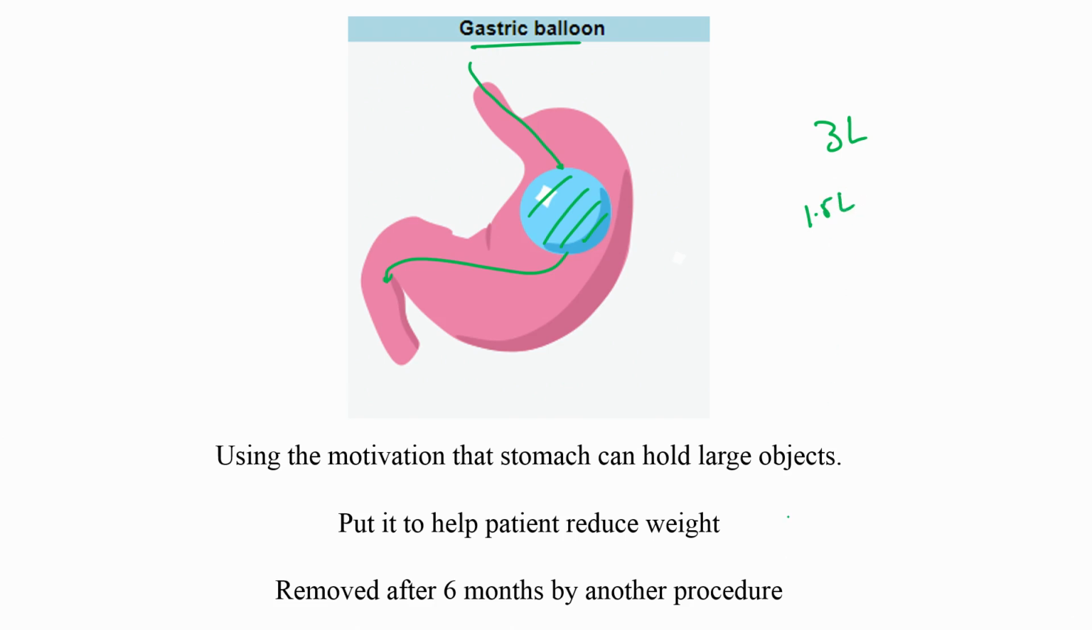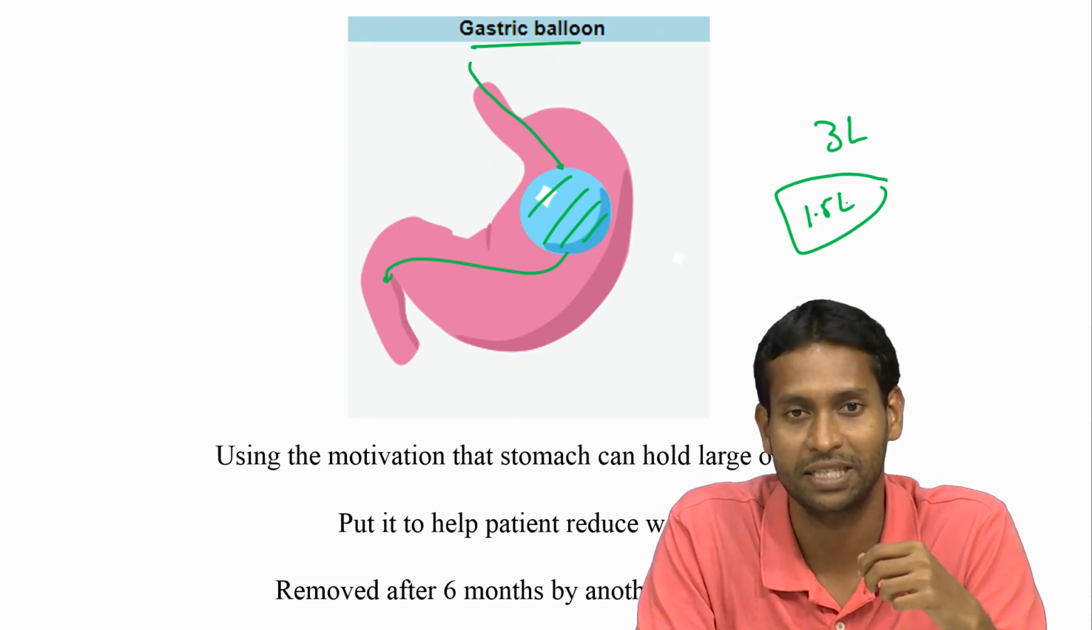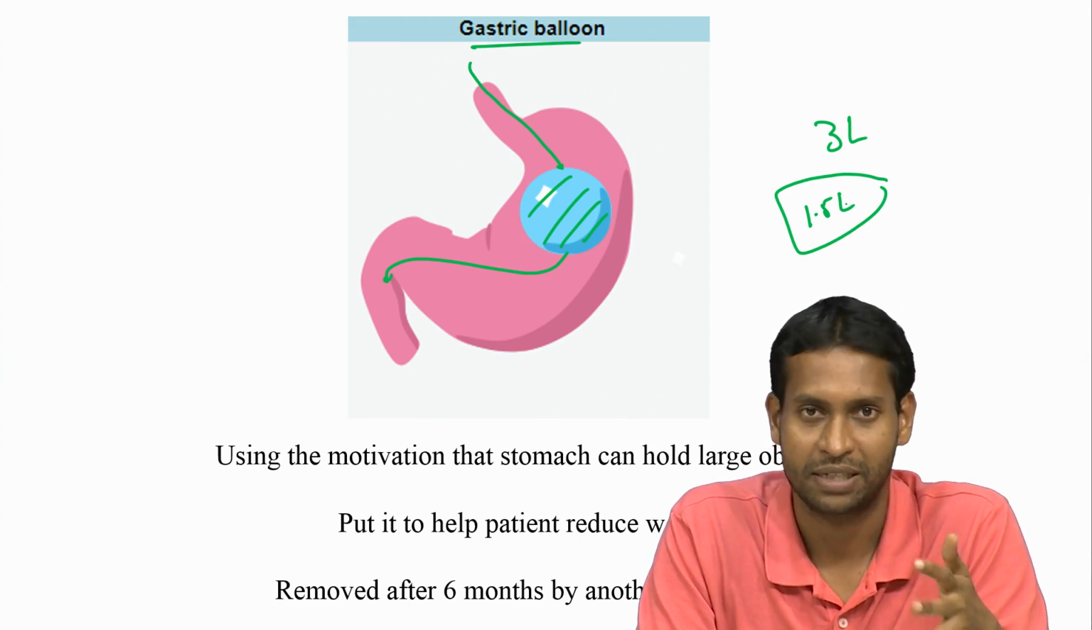So, earlier if you had to eat or drink 3 liters worth of food, or 3 kg worth of food to feel full, in this case now you will start feeling full only at half of that amount, and so that basically reduces the amount of food that you are taking in, and that helps the patient reduce weight. So, this is typically done in very severe obesity cases where the BMI has gone off the roof and the patient is very susceptible to all kinds of metabolic problems, and this gastric balloon has